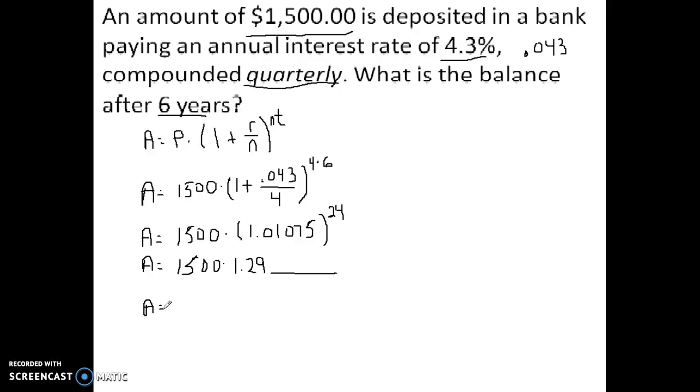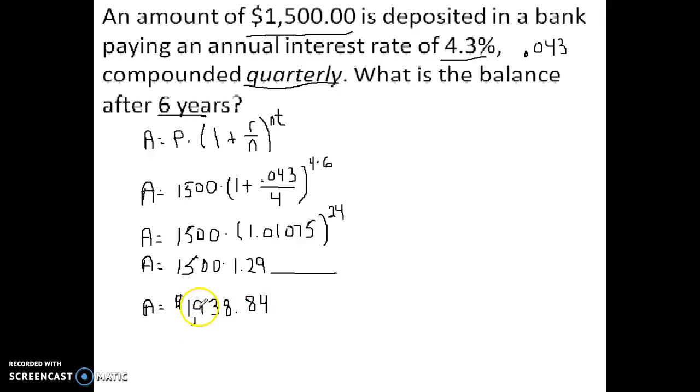and I get 1938 point, and this is the key, is point. Anytime you're dealing with money and compound interest, you always want to round to the nearest penny. So my number is going to be 1938, and the decimal is 0.836, so that's going to round to 0.84. Alright, so my answer I get is 1938 and 84 cents. So after 6 years, my $1,500 I deposited will now be